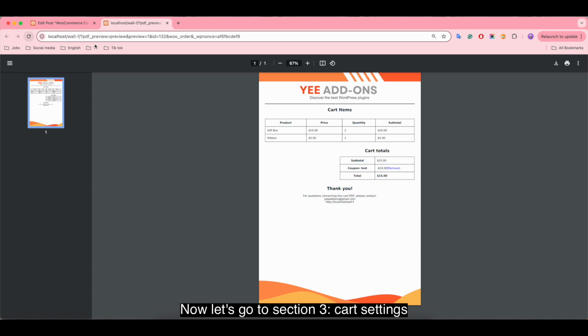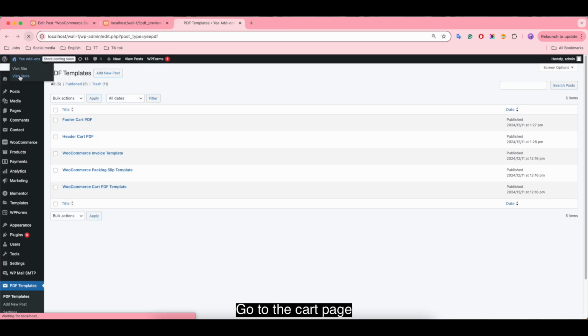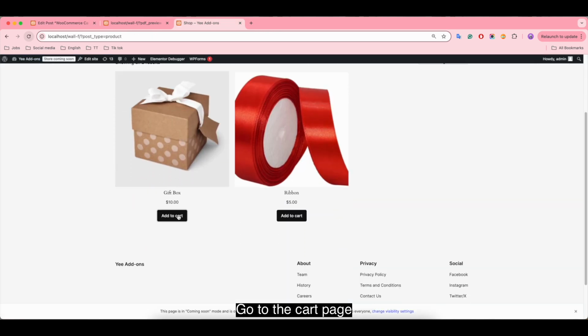Now let's go to Section 3, Card Settings. Go to the card page.